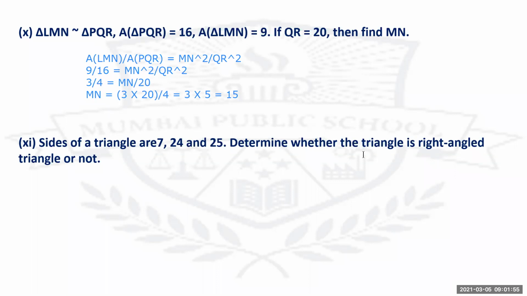So what you will do is find the square of the greater side first, and then the squares of the remaining two sides, and you will check whether the sum of the squares of the two smaller sides is equal to the square of the greater side. If LHS equals RHS, then yes, it is a right angled triangle. Is this clear to all the students? So you are going to do it by the converse of Pythagoras theorem.